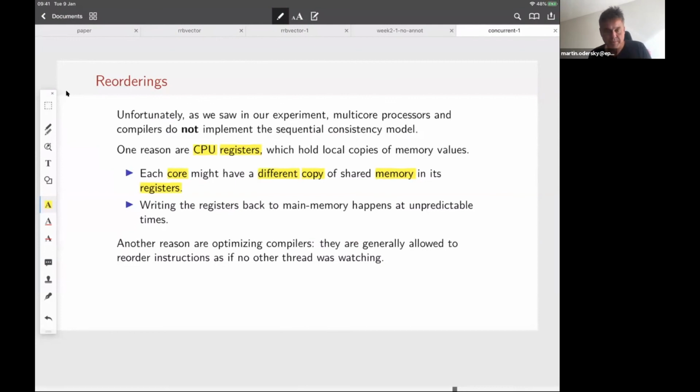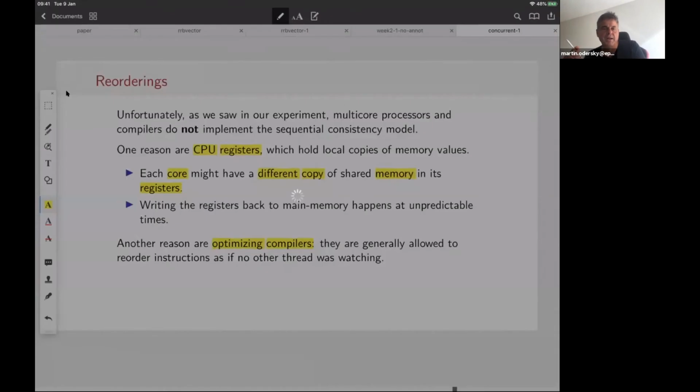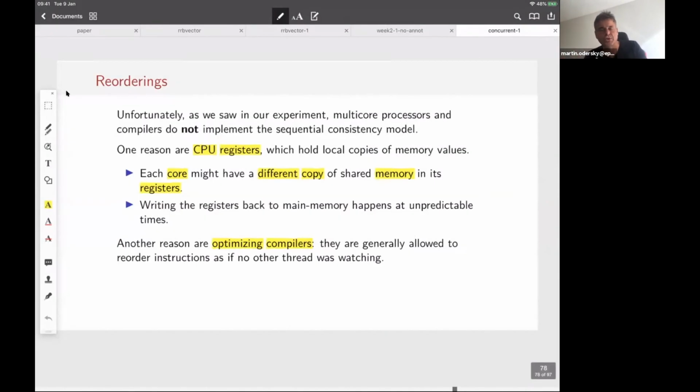Another problem is optimizing compilers, because optimizing compilers typically reshuffle your instructions, and they want to do so with the assumption that the program they see is the program of a single thread, because otherwise they could do much less. They couldn't do many optimizations if the answer was, well, yes, but between any two instructions that you've written, another thread could observe any variable that you write.